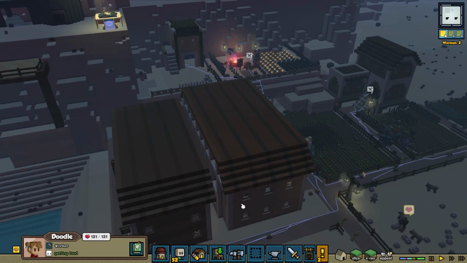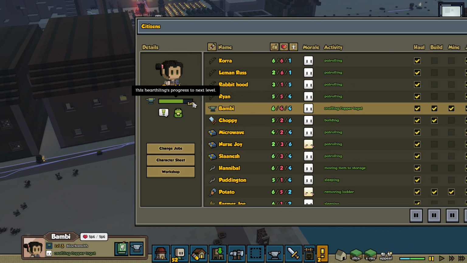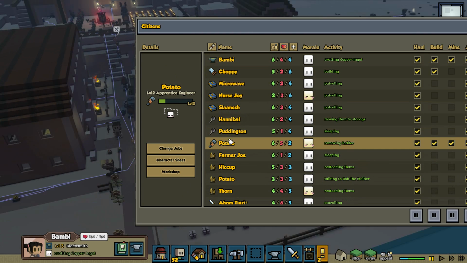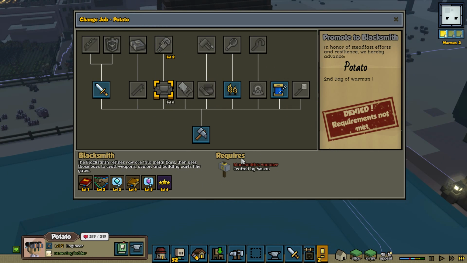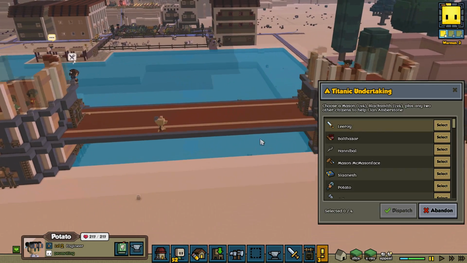Now, the Mason is making a new blacksmith hammer, so we can say... oh wait, actually, is our current blacksmith level 4? You know what? Let's send Bambi then. Then when she comes back, she'll become the new engineer, sure, and then we'll leave our current engineer, Potato, as the blacksmith once again, because, well, it's more important. As soon as we get the blacksmith's hammer. Okay, we're getting our blacksmith back, so now...